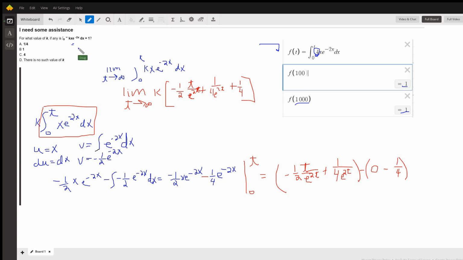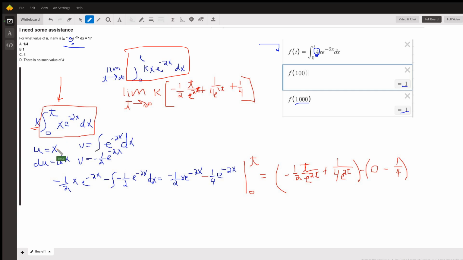To evaluate this definite integral, which has a limit at infinity, we rewrite it as the limit as t approaches infinity of the definite integral from 0 to t of kx e to the minus 2x dx. What we would like to do is evaluate this integral right here, and then take the limit of that as t approaches infinity. So I've come down here, and this work is just a matter of evaluating that definite integral. I've ignored the k for the time being, and you do have to use integration by